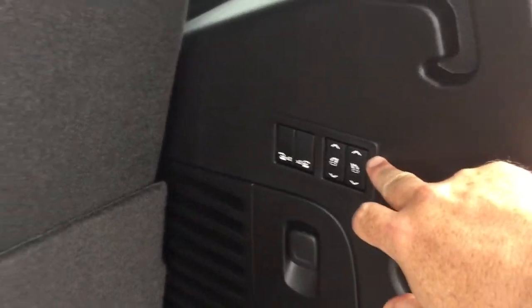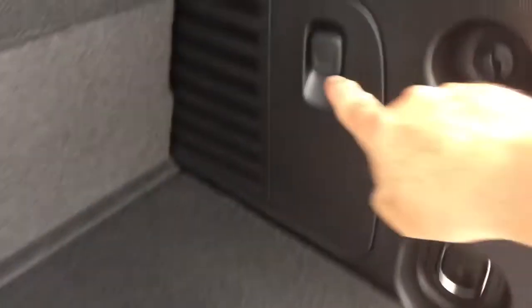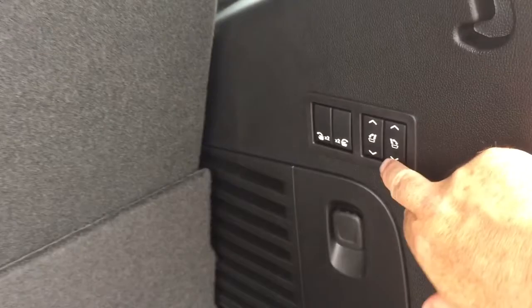All right, so this is a look at the space available to you with the third row seating currently up. Got your corner hook tie downs, both sides. More storage space located below. 12-volt power, and you can put your cargo netting right there. And to fold these seats down for extra storage, how simple is this? I'm just going to press this button right here,